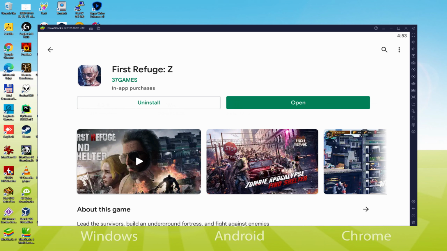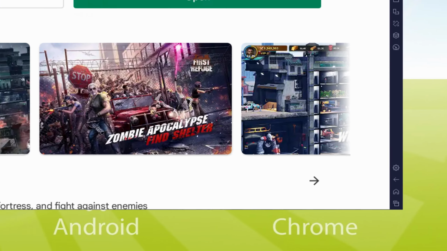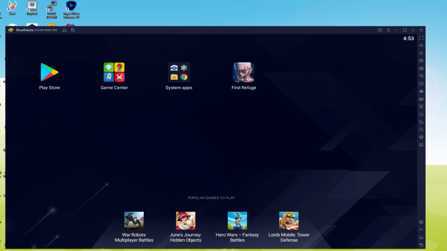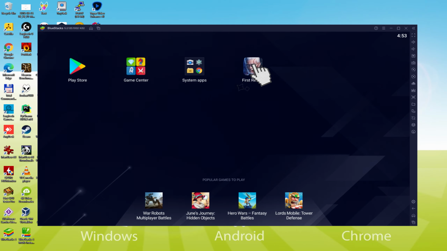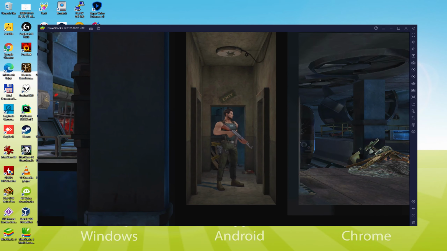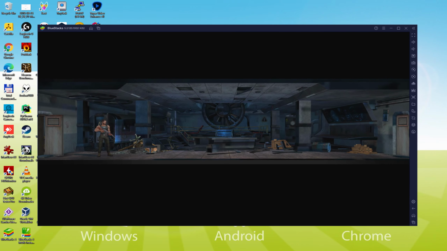It's time to go back to the emulator desktop by hitting the following button that I am highlighting in green, if you want to launch First Refuge Z for the very first time. You are by then on the emulator desktop, and we're going to simply click on the new First Refuge Z software icon that has been created. Your video game is started for the first time on your machine. Currently there we have it. I am able to click anywhere on the screen and also make use of the keyboard.